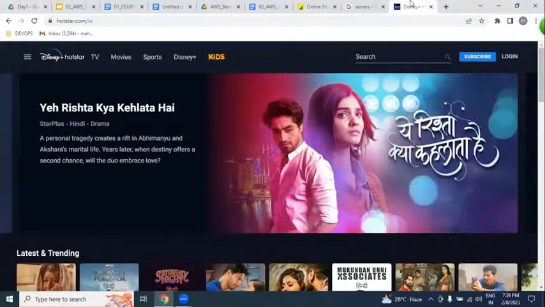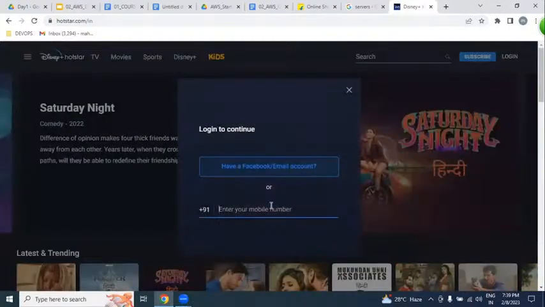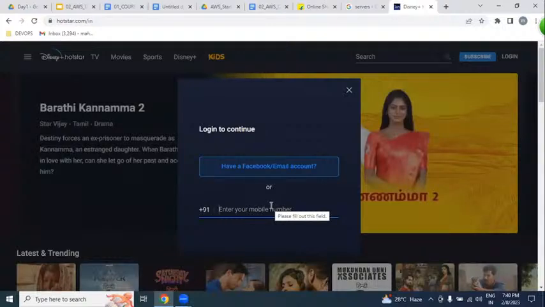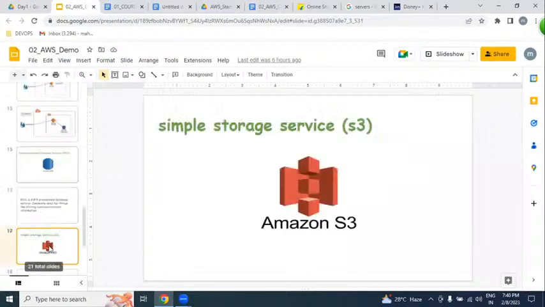Done or not? Happy? We are so happy. But the problem here is where exactly we maintain our customer information, like email address, phone number, and communication address. We can maintain it in databases, relational database services, just like Oracle databases or MySQL databases. But one more question is pending.